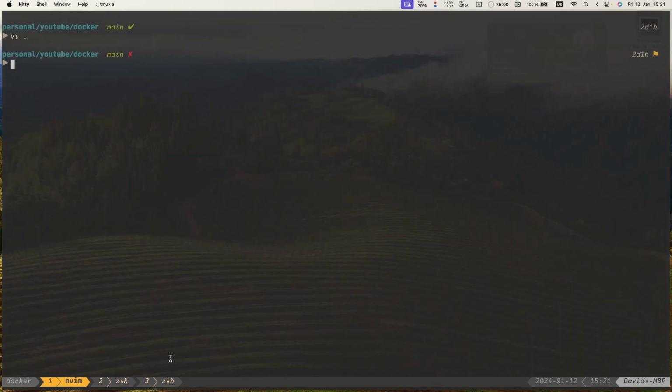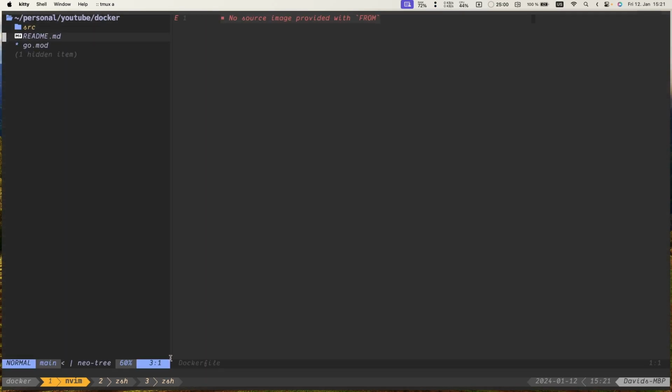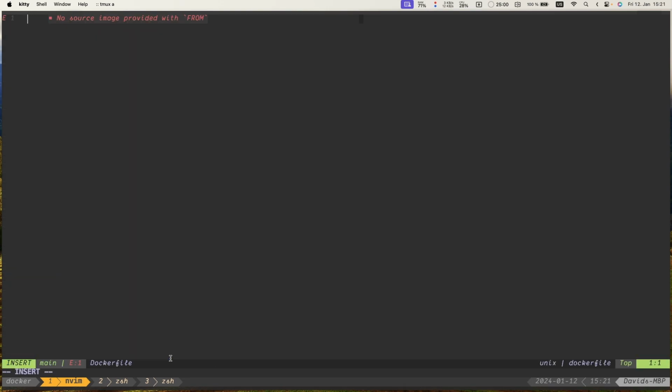So now to the interesting part: how can we push this application to a Docker container so that we can run it there? For this, you need to create a basic Dockerfile, which is placed in the root directory of your project. And here you can say, depending on your Golang version, I'm using Golang 1.21. You can say FROM golang